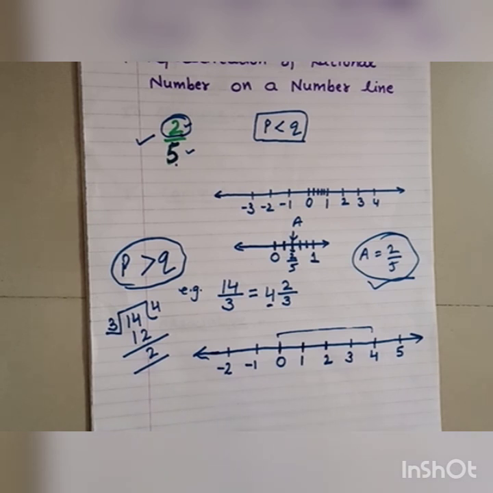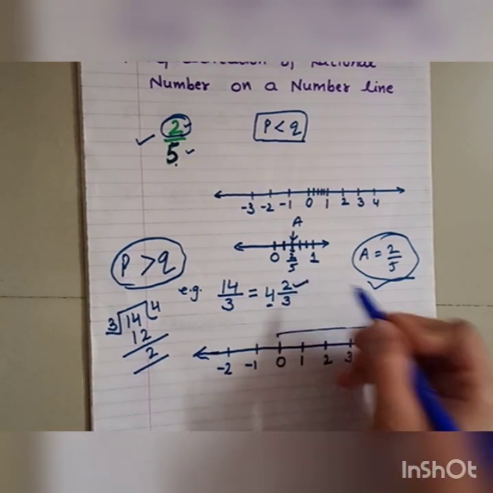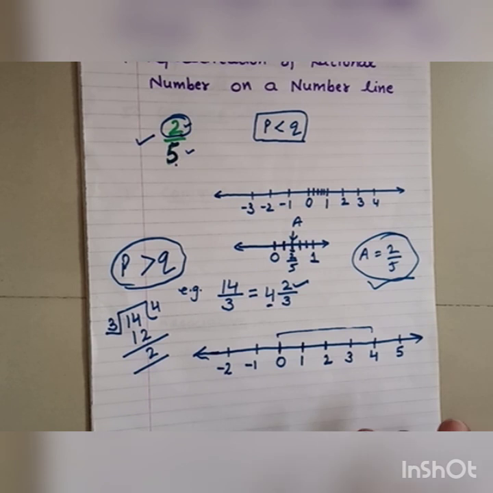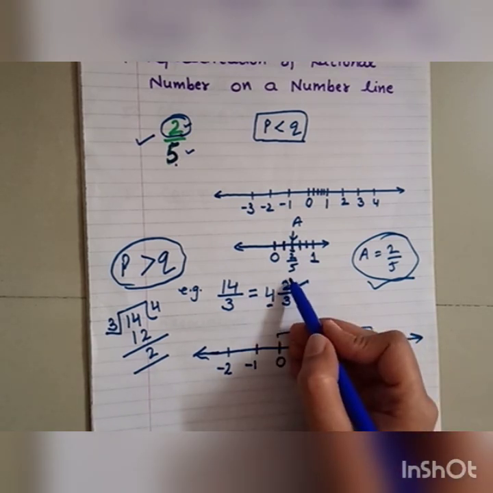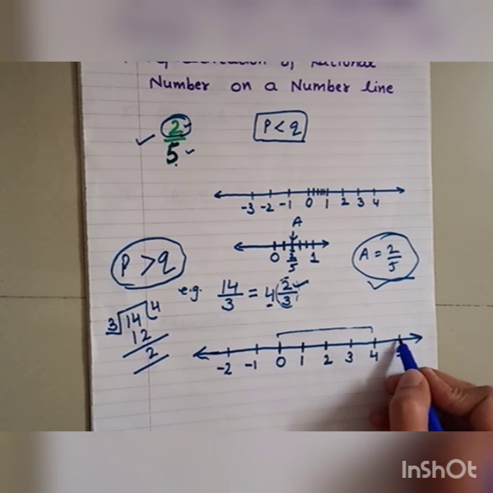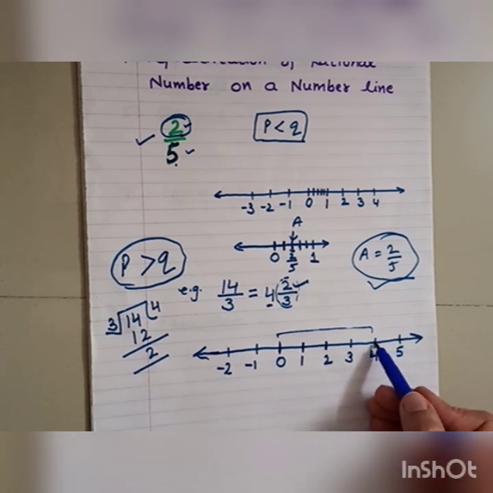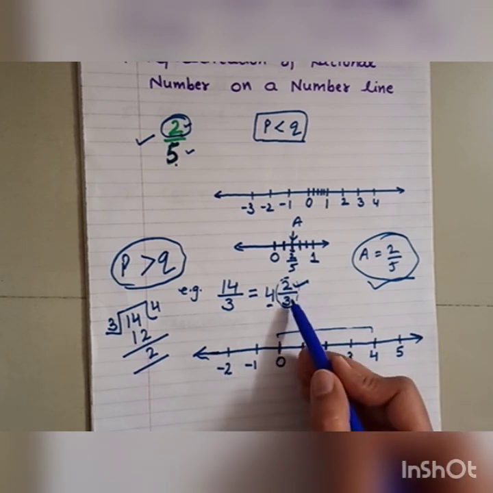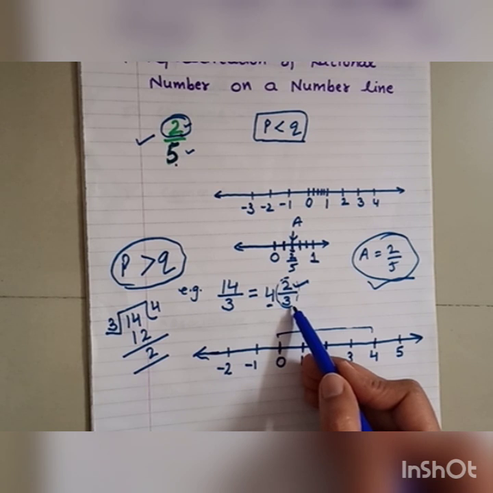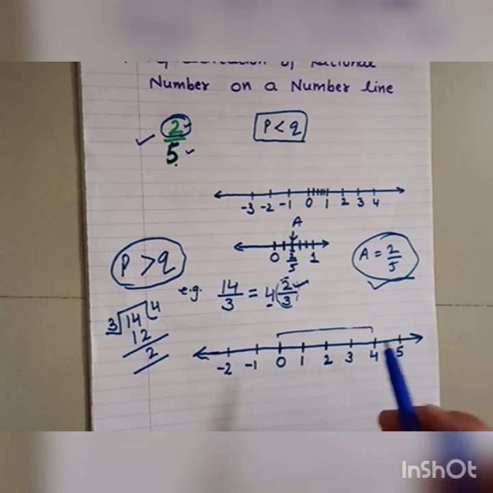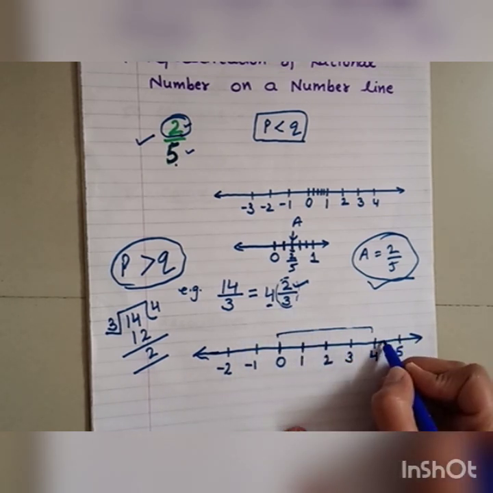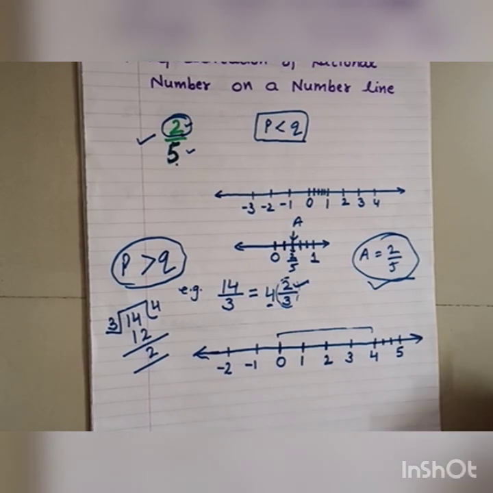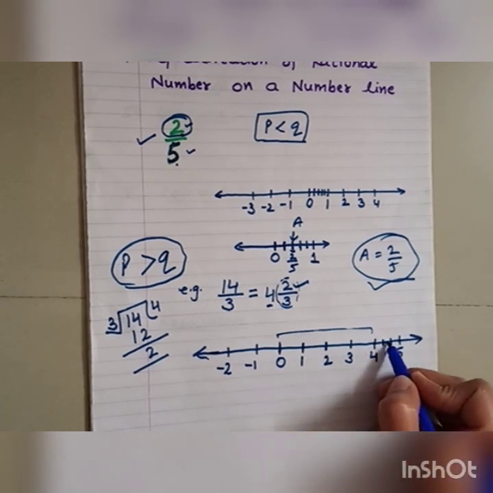Now how can we divide? Same as before, divide the unit length between 4 to 5. We have only two parts, not a full part, between 4 to 5. And now represent 2 by 3 between 4 and 5 unit length. How many parts do we have to divide 4 to 5 into? 2 or 3? 3, because we divide the unit length between 4 and 5 into 3 equal parts. Divide it 1, 2 and 3. So easy. See, 1, 2, 3.